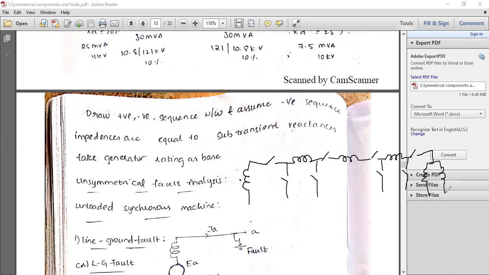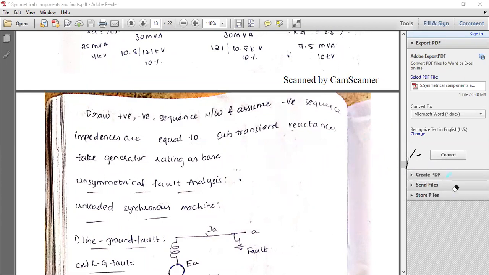We already know when to connect the series switch on and when to connect the shunt switch on. If the primary winding of transformer 1 is delta connected, you can connect the shunt switch on either side of the transformer. And when you are going to close the series switch, it must be a star connection with the neutral grounded, then only you can connect the series switch. Based on those concepts, you are going to draw the positive sequence network, negative sequence network and zero sequence network. This is very important. You can solve this problem at your homes, right?